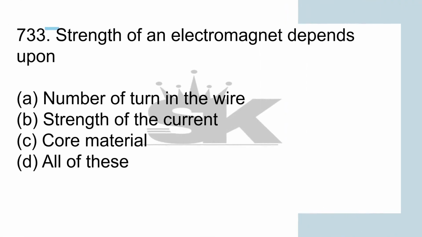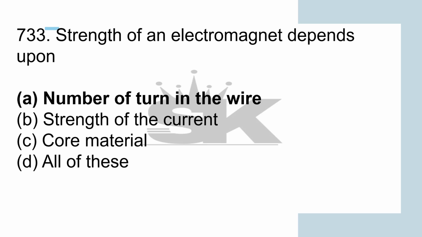Strength of an electromagnet depends upon, that is, number of turns in the wire. Okay, the strength of magnetic field produced by such an electromagnet depends on the number of coils of wire, the magnitude of the current, and the magnetic permeability of the core material. A strong field can be produced from a small current if a large number of turns of wire are used. Okay,